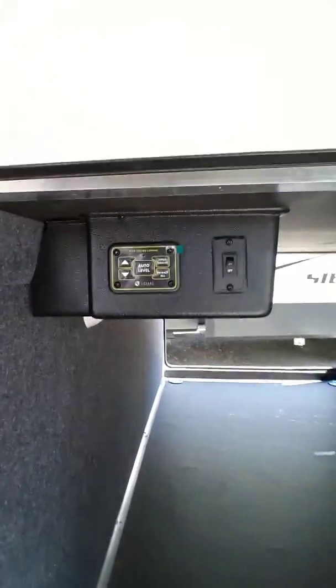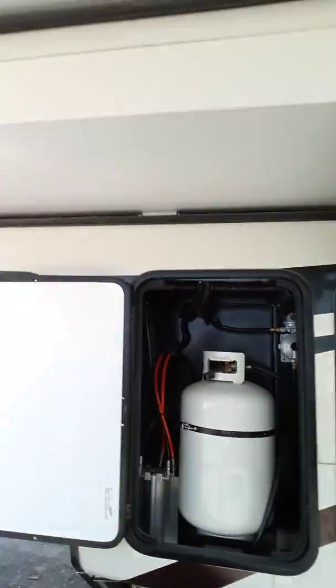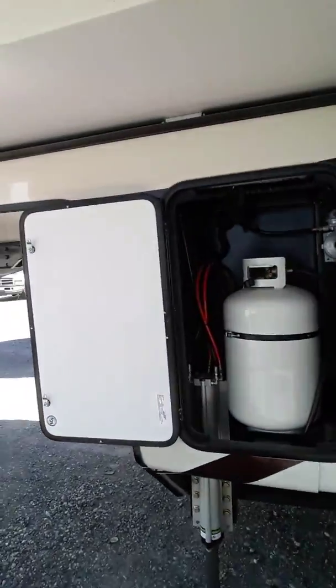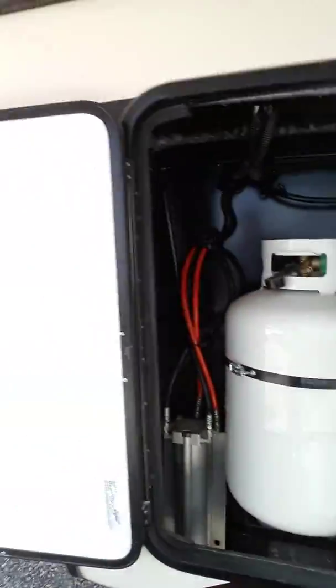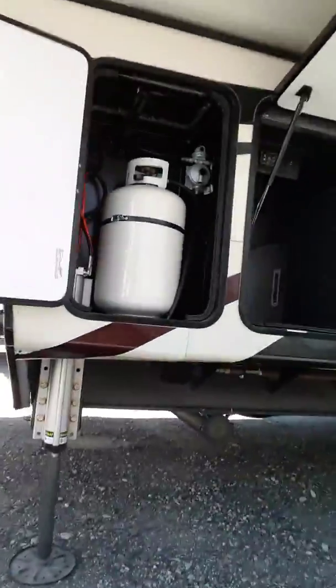Auto leveling controls right here. Again, that's something that you can do manually out here, or you can have that Lippert app on your phone where you can run everything off of your cell phone. There's your propane on each side. And they even put the sewer hose